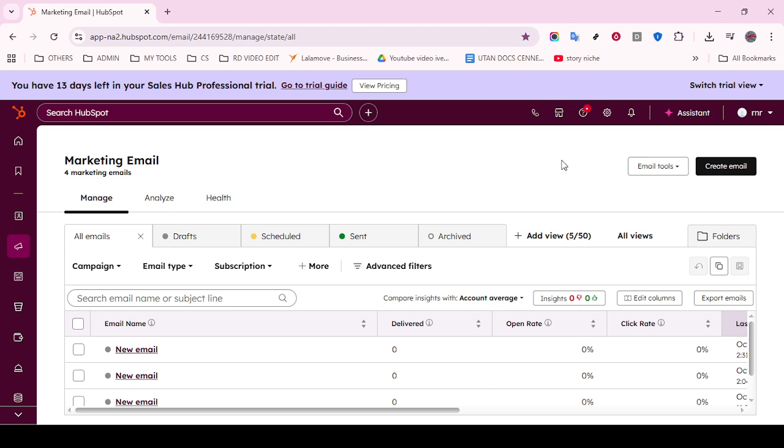These options are tremendously helpful for managing your communications more effectively and ensuring that your messaging aligns with your intentions. Make sure to routinely check your emails after scheduling them to catch any potential errors as early as possible. With this knowledge, you're better equipped to handle your email campaigns in HubSpot